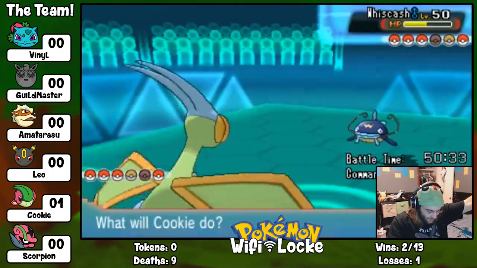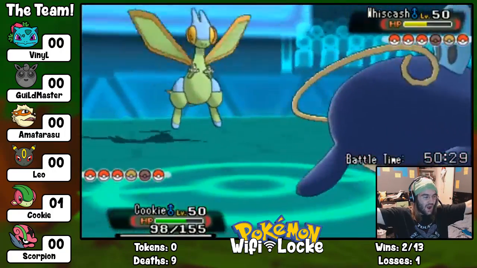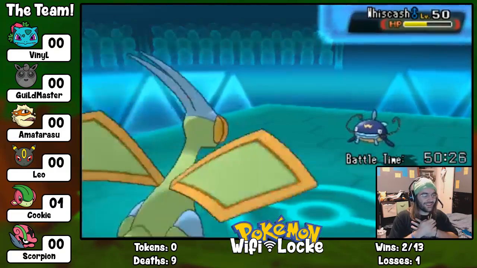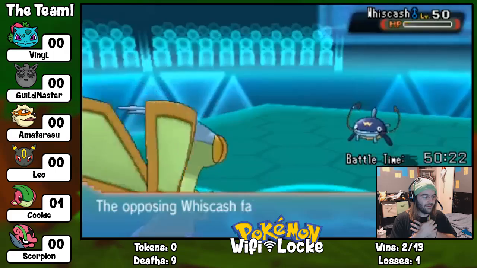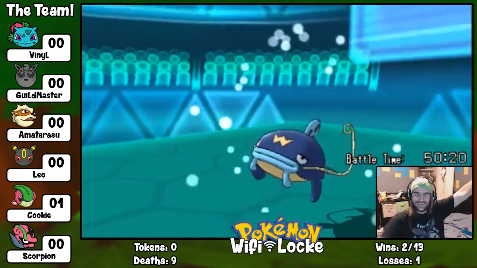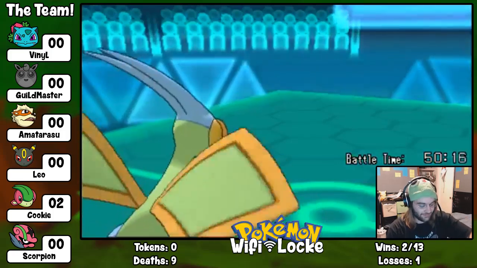Flygon! Coming through right now! Another Earthquake kills the Wish Cache. Cookie! Cookie! Don't get a low roll. Don't get a low roll. Cookie! There we go. Oh my gosh, I'm so happy because I have a good friend, Mega Flygon Forever, who submitted this,